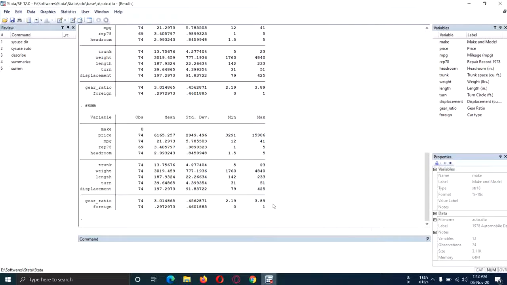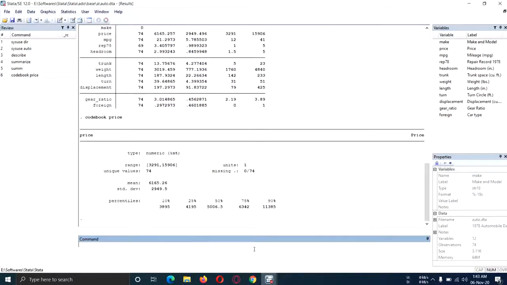There's another command that I want to share with you, that is codebook. For example, if you run codebook and add the variable price, you will see that the type is numeric integers.